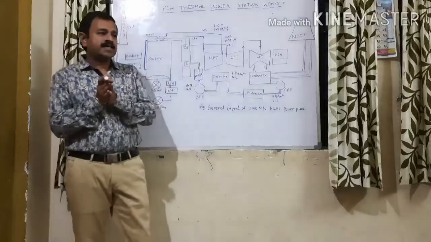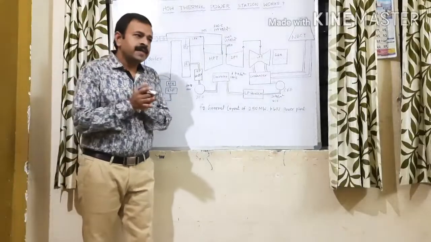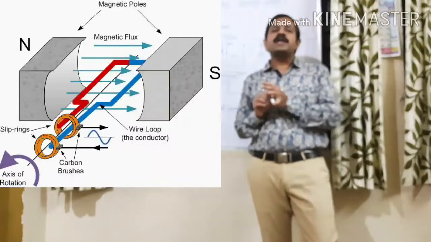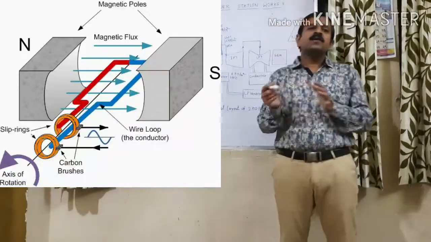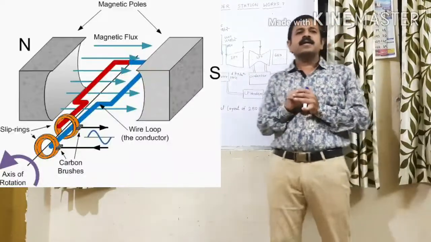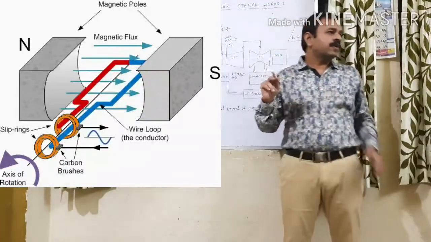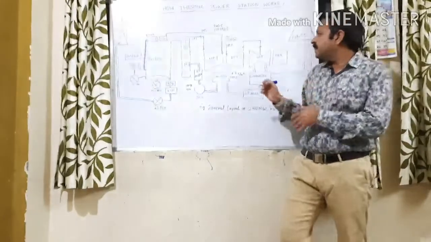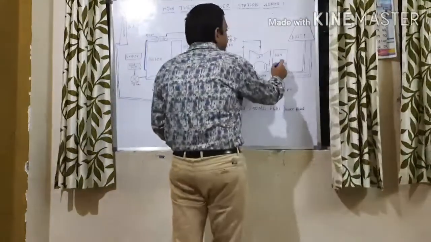Now here Faraday's law of electromagnetic induction will come. It means whenever a conductor is placed in the permanent magnetic field, and if it moves laterally to the magnetic field, then EMF will be induced in that stator winding, or the current is flowing through the closed loop. So this is the working principle of the plant. So here the electricity will be generated.